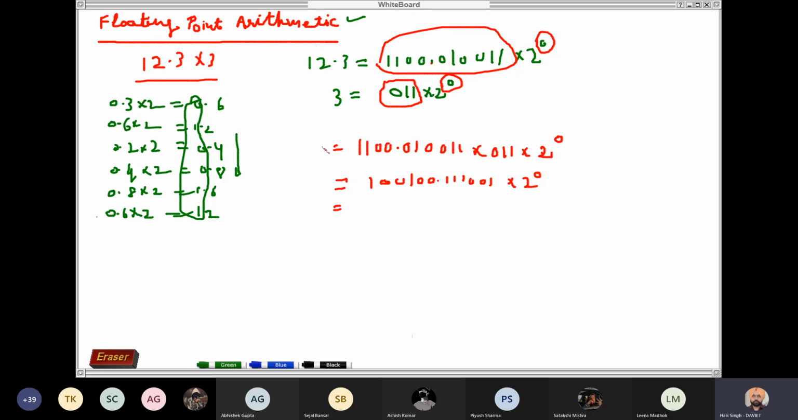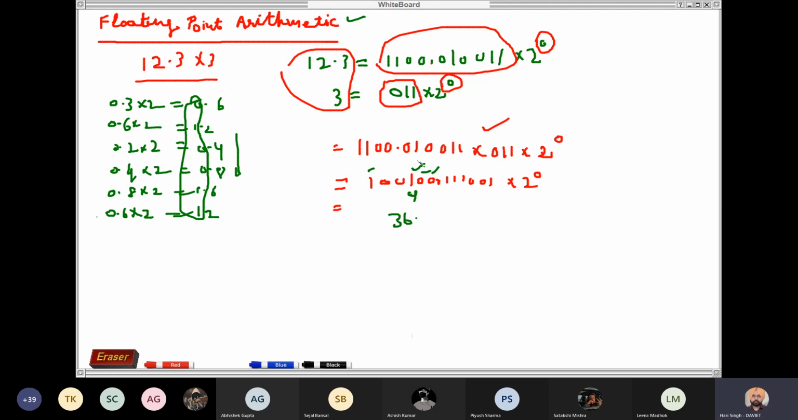Now, to verify whether the method we are using for 12.3 into 3 is correct or not, convert the number into the equivalent decimal value. So this is the 0th place, first place, 2 power 2 place. So it is 4, then 2 power 5 is 32, so it is 36